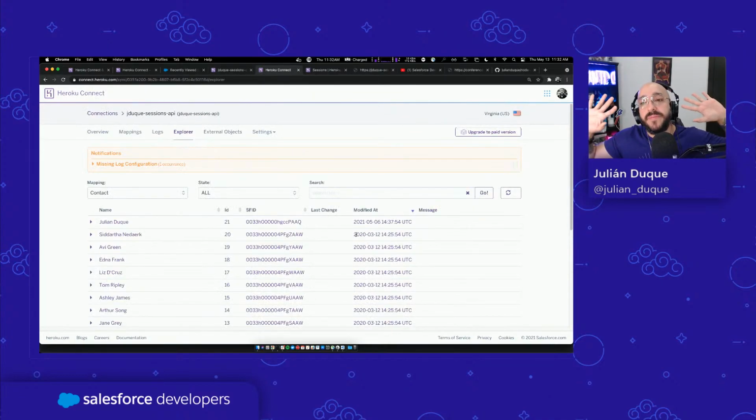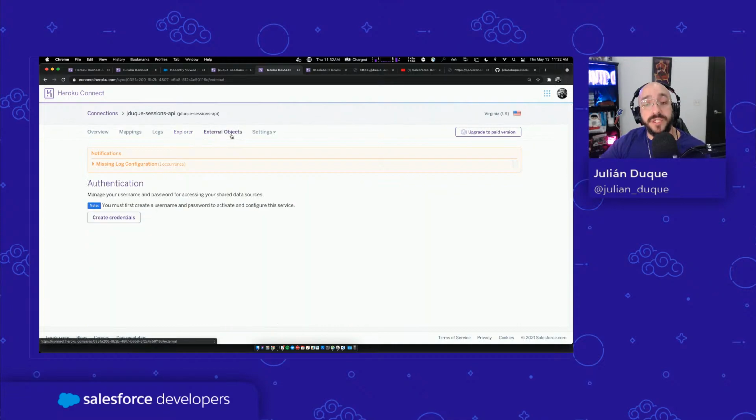So I haven't written any line of code, just using low-code tools, just clicking here on my Heroku dashboard, and now I have a full integration between a Salesforce object with my PostgreSQL database. Let's explore the external objects. So the external objects is going to be the way where we can make available our data in Postgres to